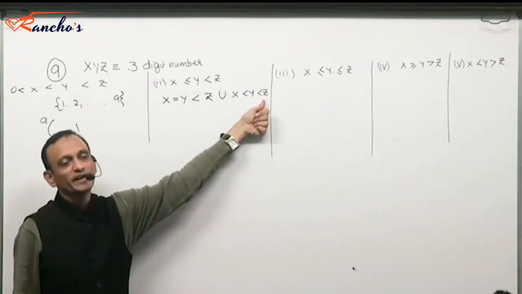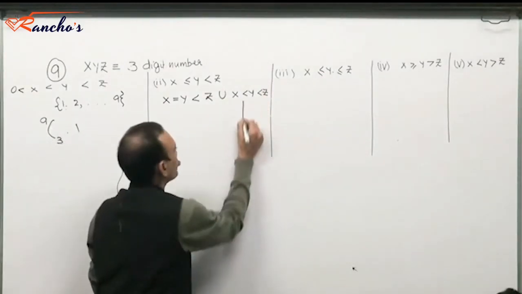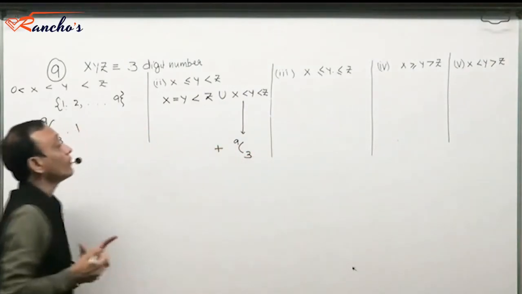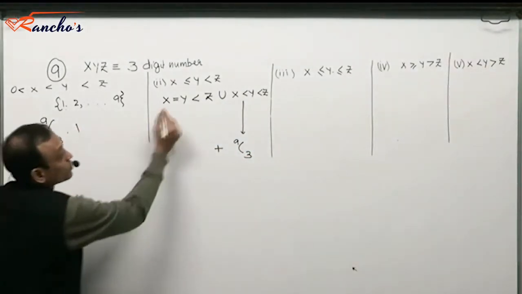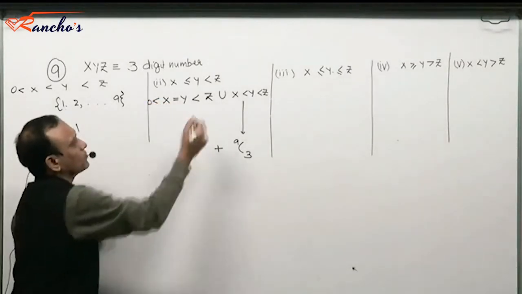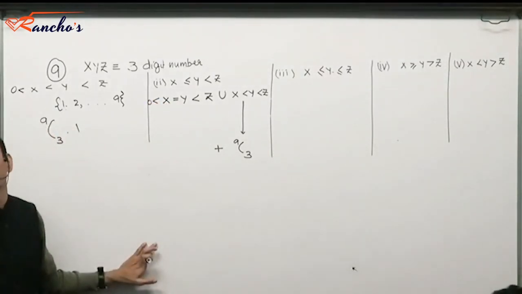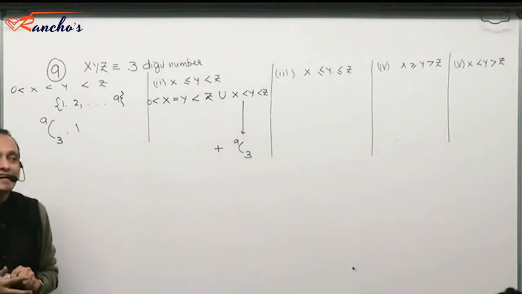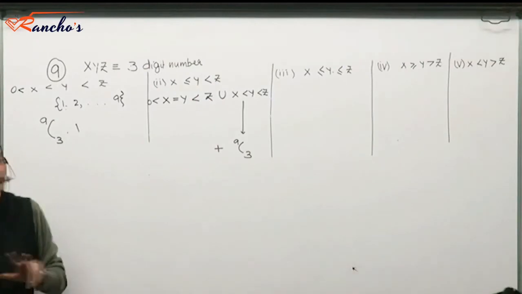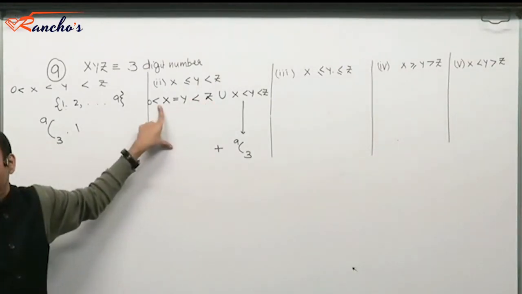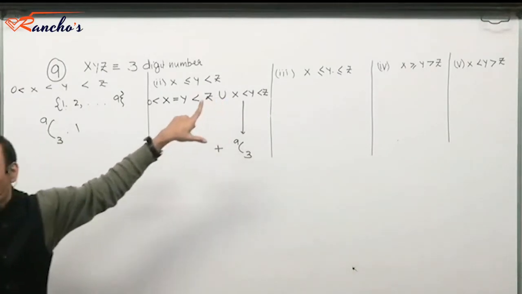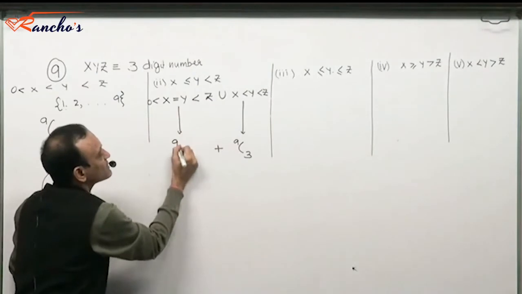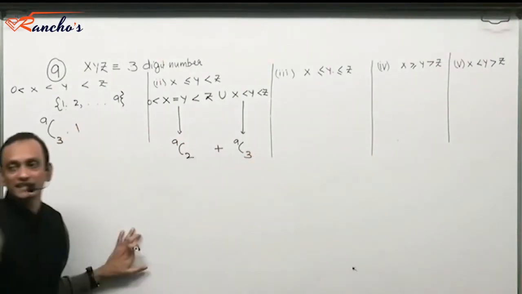But this I already know is 9C3. I know the count for this, which we have already done. That's going to be 9C3 plus, now again, x equal to y less than z. That means again both greater than 0, because x can't be equal to 0, so x and y both greater than 0. So z also has to be greater than 0. So essentially, it will be only about selecting 2 digits, say x and z, because y is equal to x. So I'll have to only select 2 digits from 1 to 9. So from 9, in how many ways can I select 2 digits? 9C2 ways. So this is 9C2 plus 9C3.